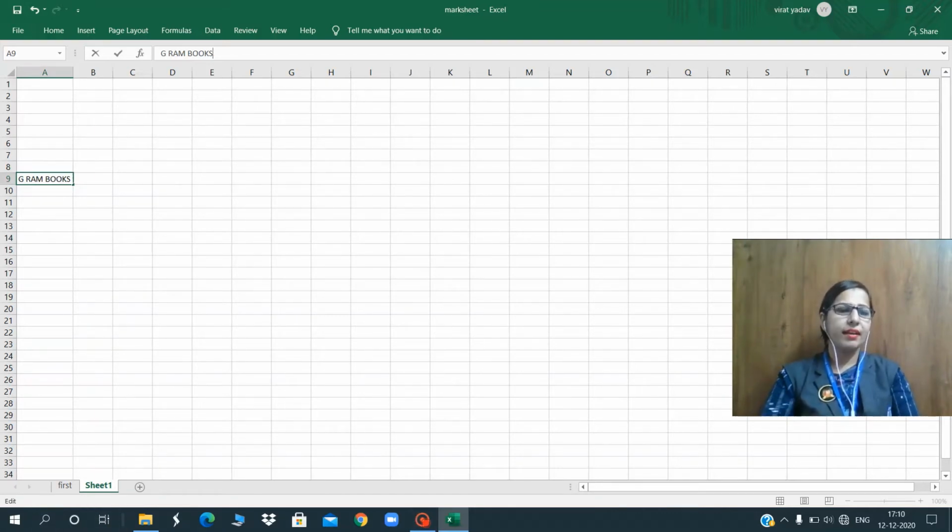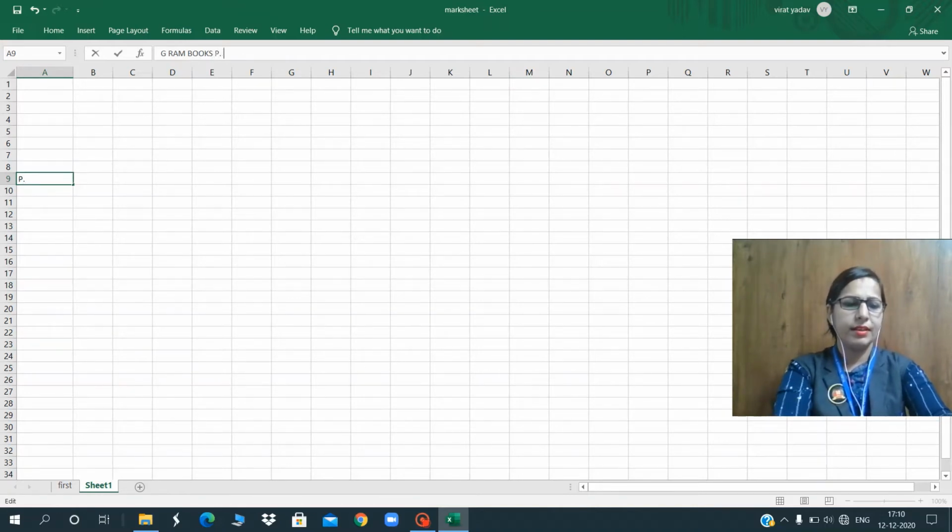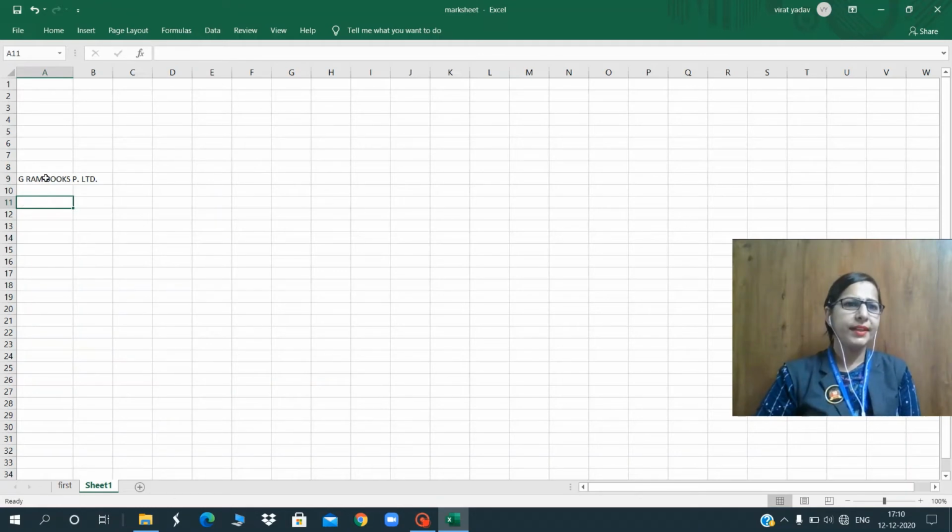I am adding here private limited. Okay. So if I add this text, you can see this full text is not visible in a single cell.